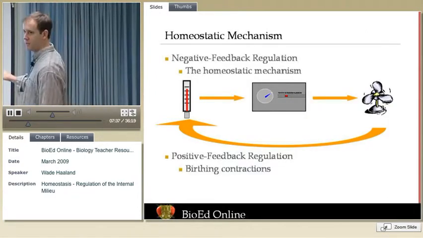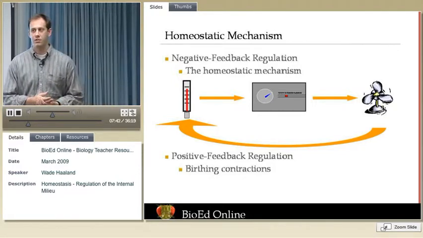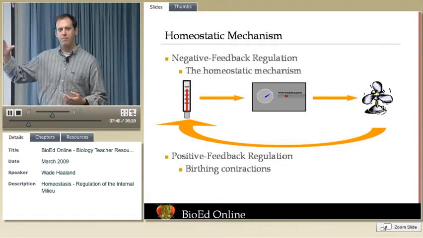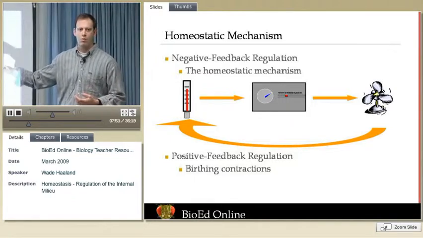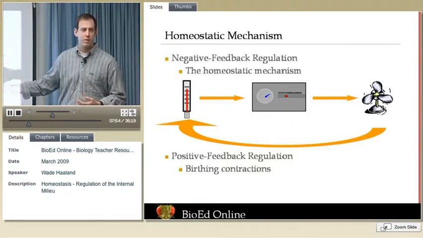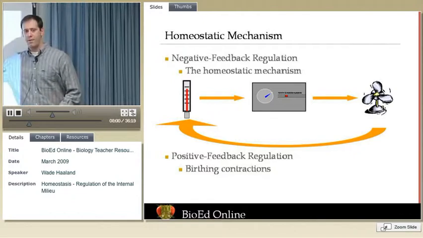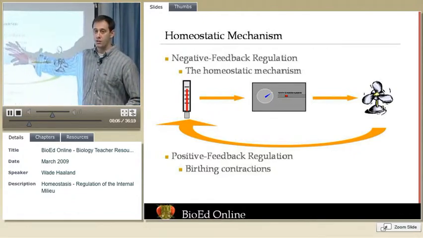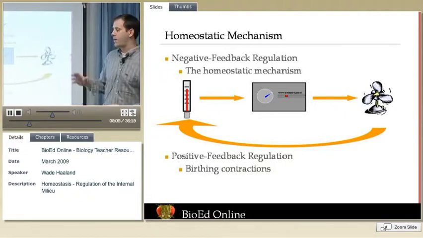So what's the mechanism of that system? It's actually got a very specific name, and that's negative feedback regulation. Because when the temperature in our house got back down to a normal level, we don't want the fan to continue blowing, because then it's going to shoot way past what we intend it to be at. It's going to get too cold. So by the thermometer telling the control center that the control center should shut off the fan, that's negative feedback. And we see this in our body all the time.